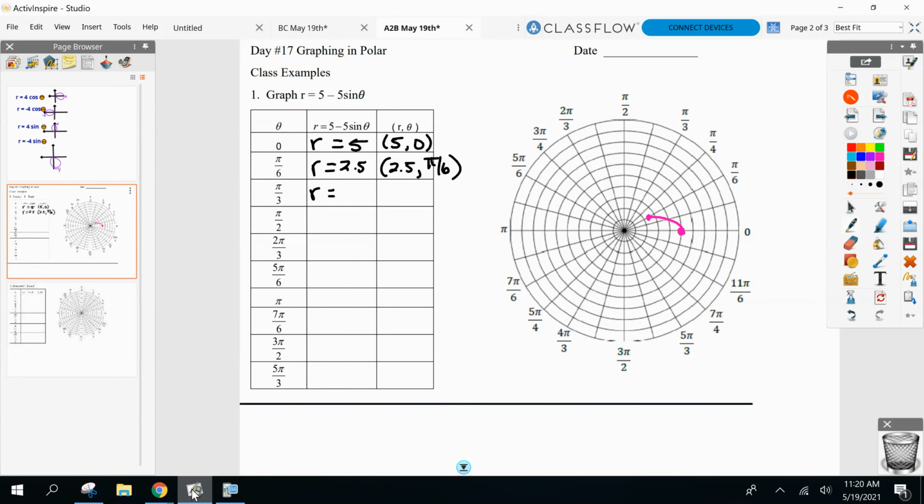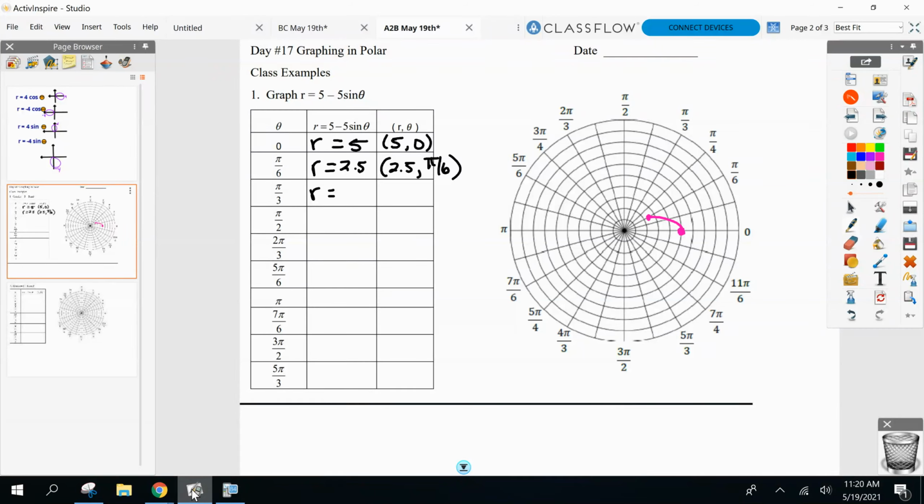Wouldn't it be 4.3? I don't know where you got your calculator in front of you, right? It's in degree mode, right? Oh, it's in radians. Sorry, that's my fault. Should be in radian mode. So you got 5 minus 5 sine, and then you plug in pi over 3 into that parenthesis. Oh wait, I forgot to hit the thing. I just did pi 3. All right, so it's